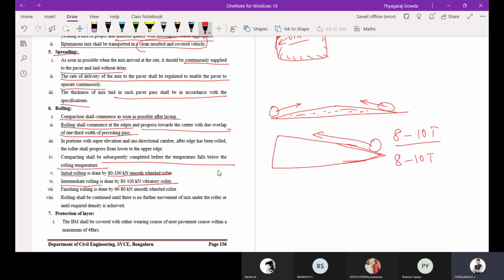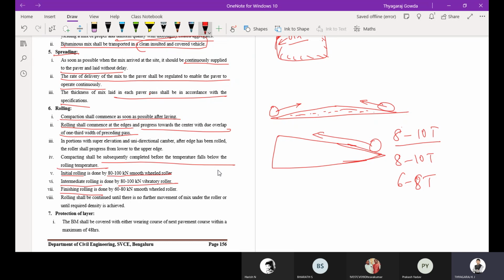Finishing rolling is done by a 6 to 8 ton smooth wheel roller. So remember, initial rolling uses an 8 to 10 ton smooth wheel roller, intermediate rolling an 8 to 10 ton vibratory roller, and final or finishing rolling a 6 to 8 ton smooth wheel roller.